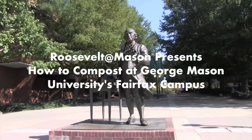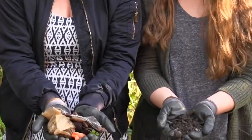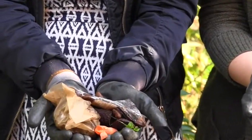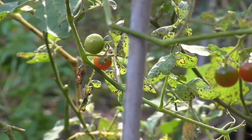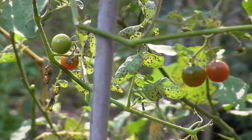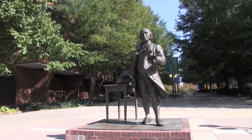As many people may know, composting is a better way to dispose of organic waste than just throwing this nutrient-rich material into a landfill or incinerator. Composting properly allows food waste to be turned into usable fertilizer for growing anything: flowers, fruits, vegetables, or any other plant. Thankfully, George Mason has a composting program in place that allows its students to participate in assisting on-campus agriculture